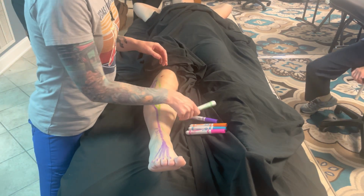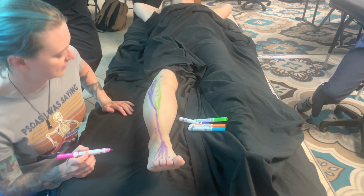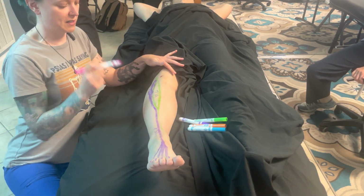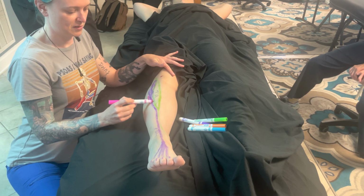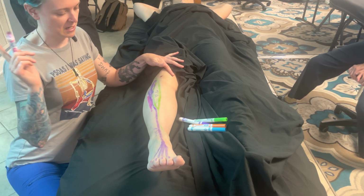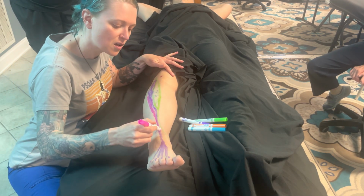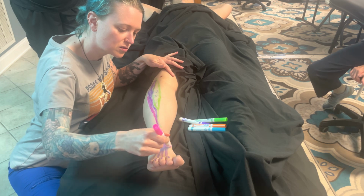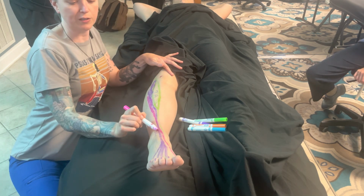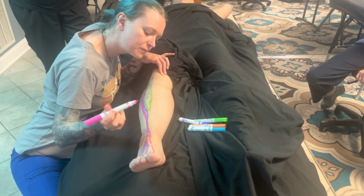My hallucis is going to be slightly inferior and a little bit deeper. Definitely more lateral, so it's that interosseous membrane and that fibula, yeah? It stays pretty close to the digitorum. Whereas, oh,